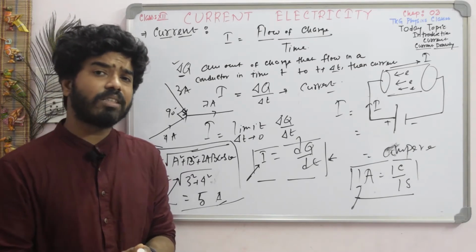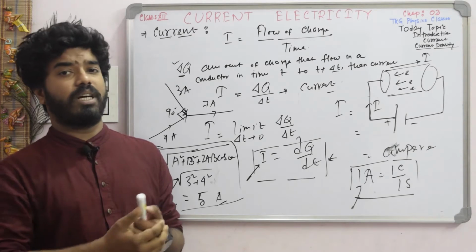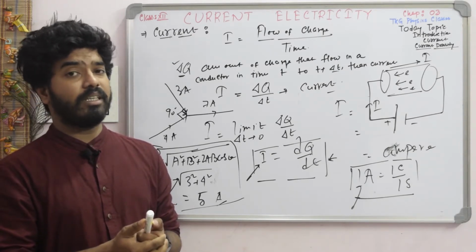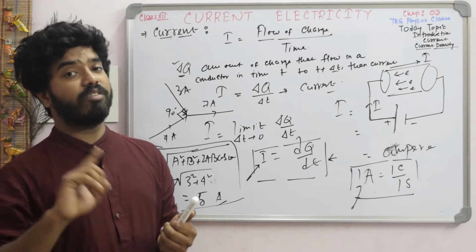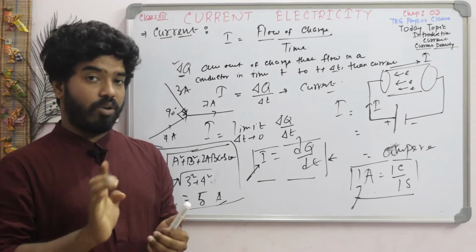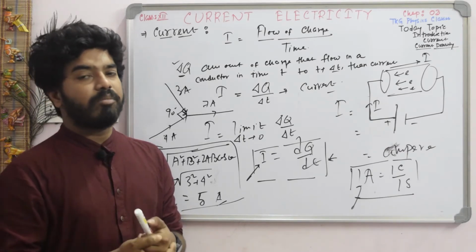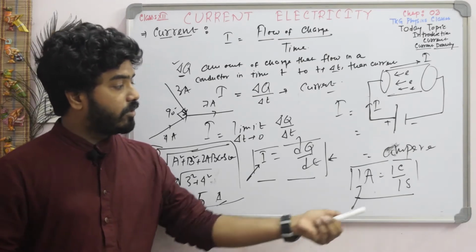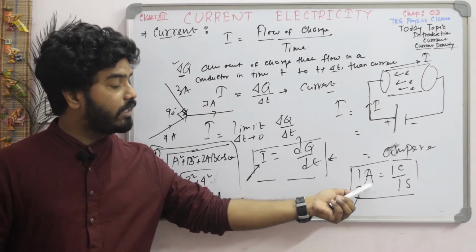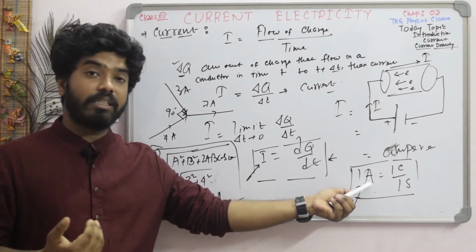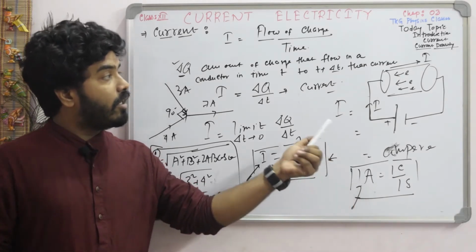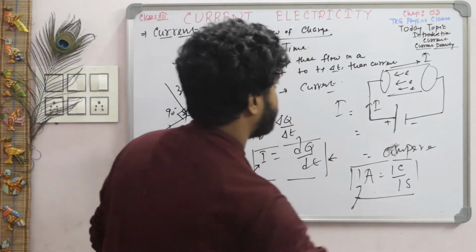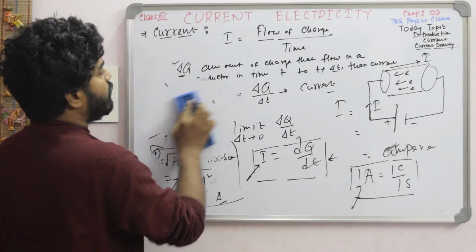So, basically, what is current? Current is the rate of flow of charge. Current is a scalar quantity. If there is an option and the tensor, then you must say current is a tensor, not a vector quantity. Why? Because current does not follow the vector law of addition. Then we find out the unit of current and we define 1 ampere current. Now, solve one or two numericals related to this current portion.